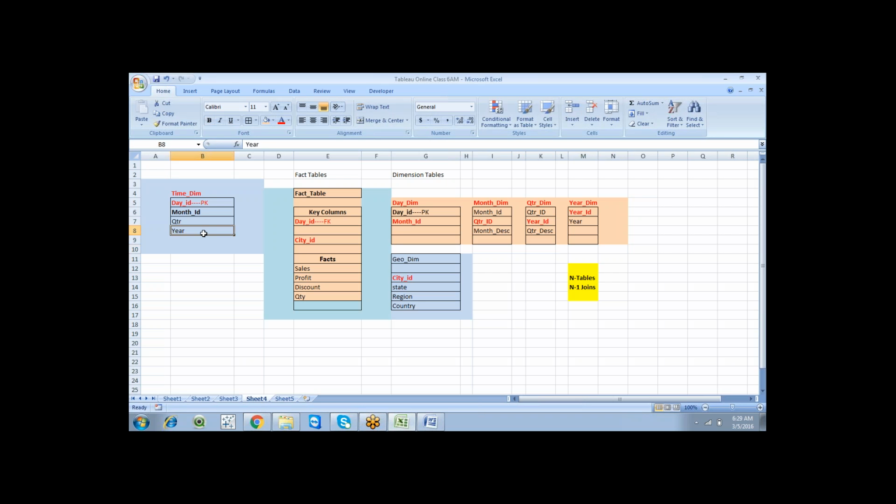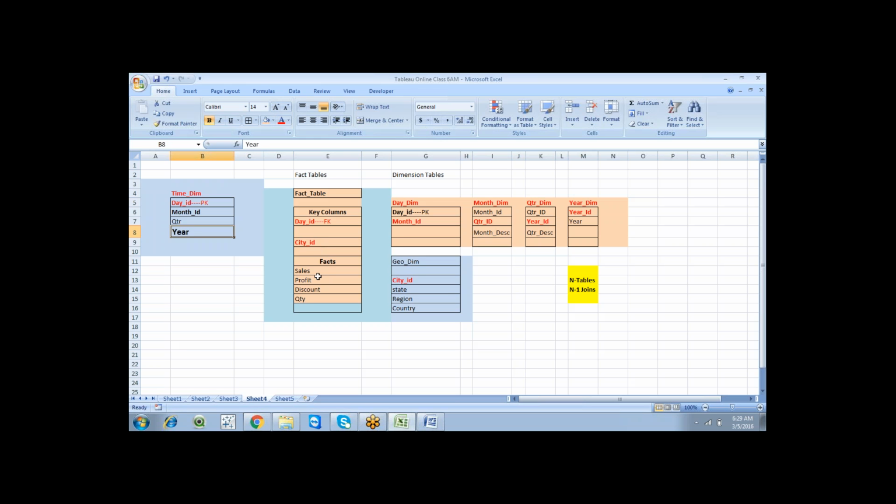For the star schema, I want year-wise sales. This is the report I need.